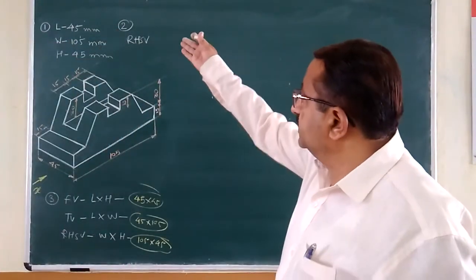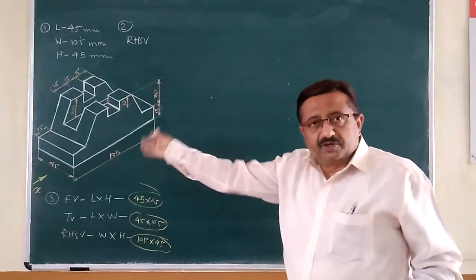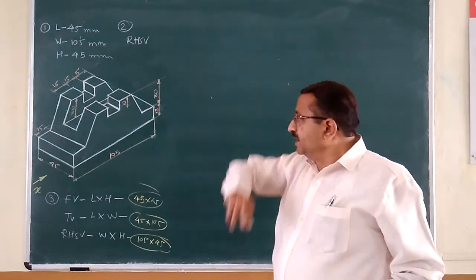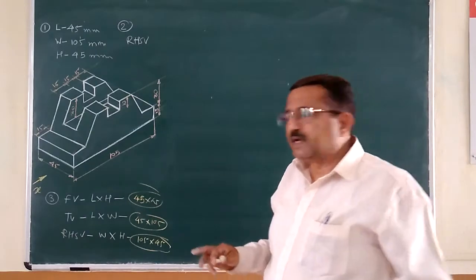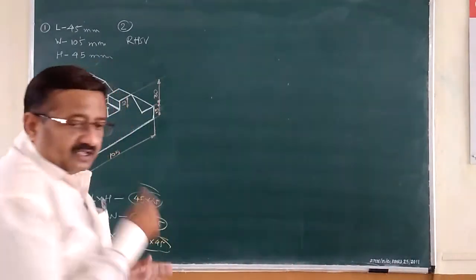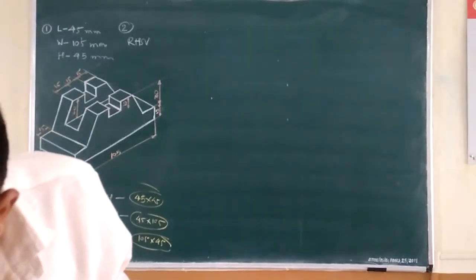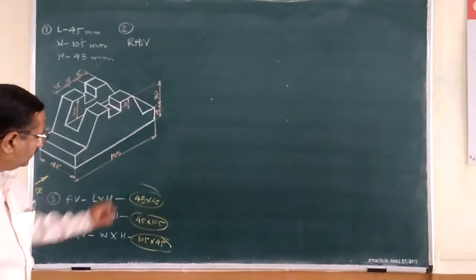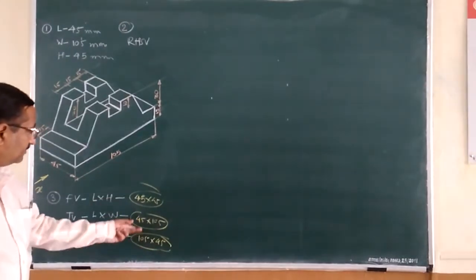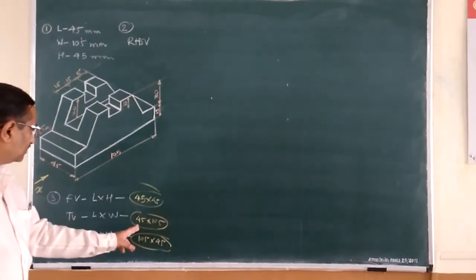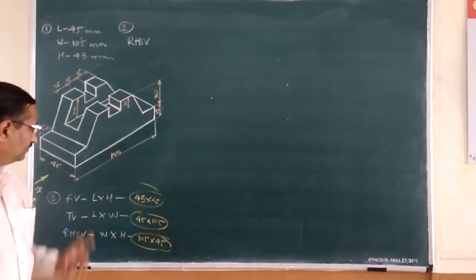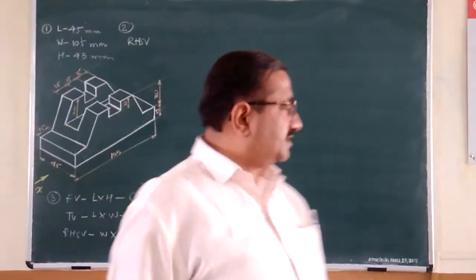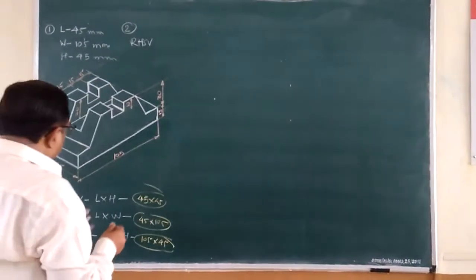So accordingly, you have started its solution by which steps? First one is finding out the overall maximum LWH. Second one is which kind of side view is expected, that also we have noted down. Third one is all the three respective areas: front view, top view and side area. Now next what? Just observe all the areas. The front is as good as a square, small one, 45 by 45. These two are L by W, 45 by 105, and this 105 by 45. Comparatively bigger areas, acquiring more space compared to the front area.